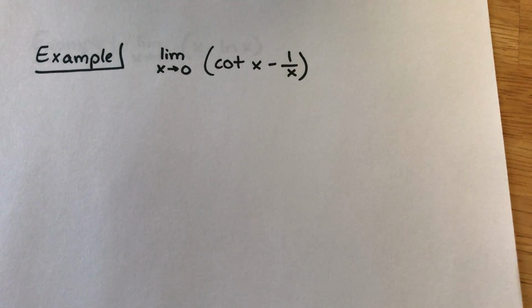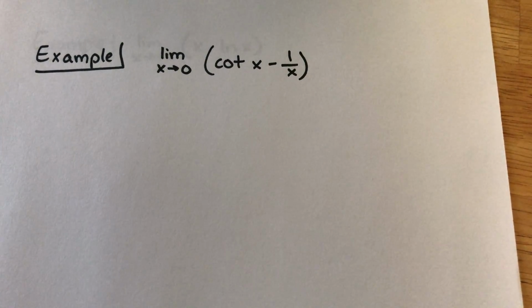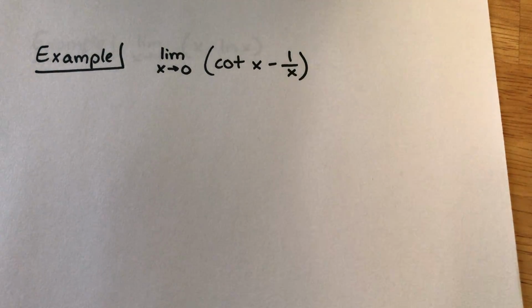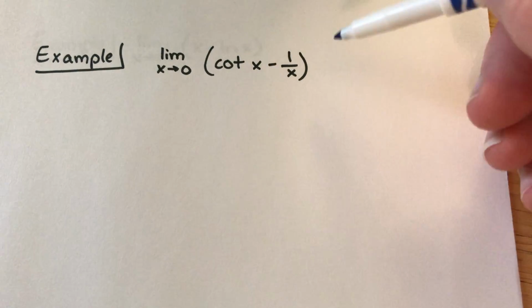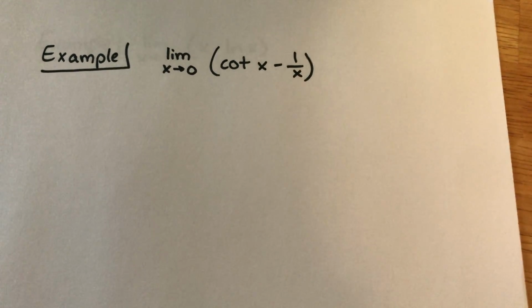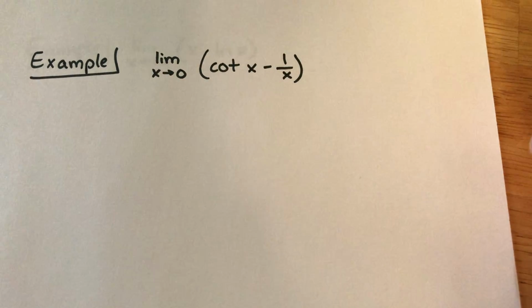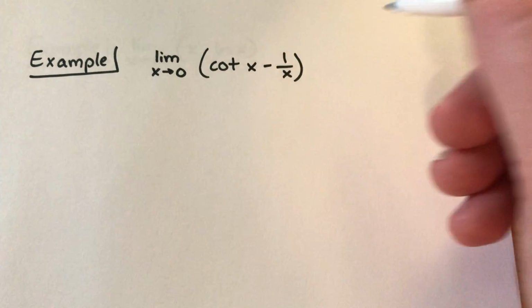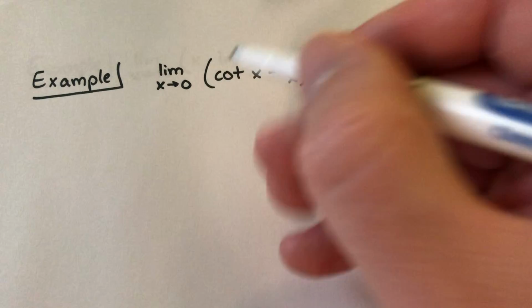So, we still have another situation where it involves a trig function. The limit as x goes to 0 of cotangent x minus 1 over x. Now, I do again want to verify that at 0, these are going to be the appropriate infinities. I think this one's a very interesting limit in general because, and I think